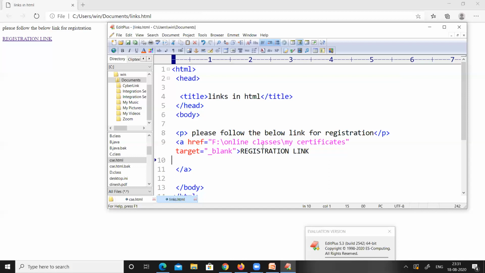So after each and every HTML session, or after each and every explanation of an example, you have to practice yourself, in order to get perfect in HTML. So I request all the students today, please practice how to create links in HTML. While creating links in HTML on your own, you may get some doubts.